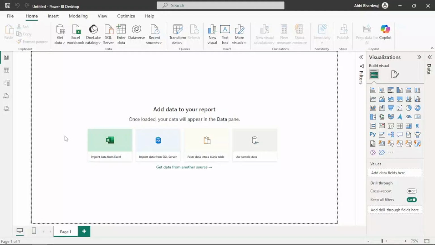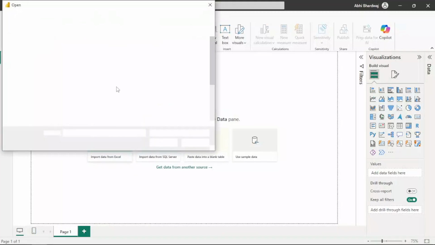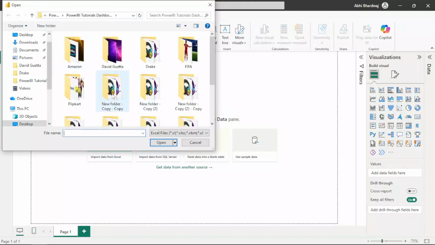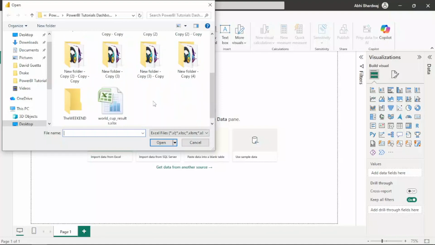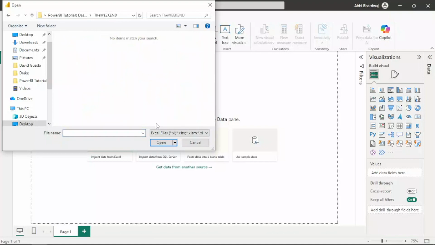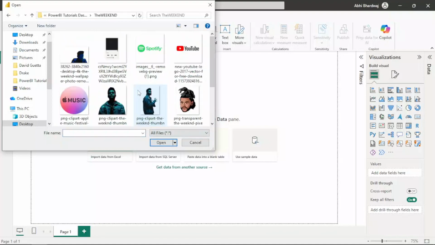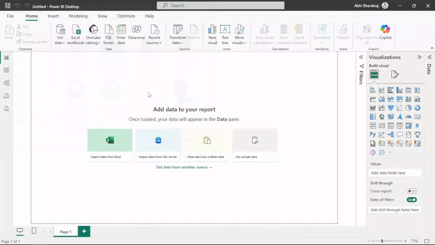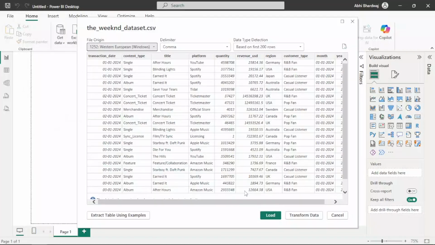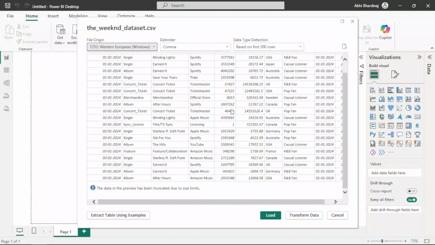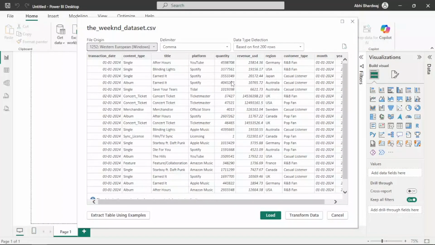So the first thing first, we have to load the data first. Okay, so let's do that. Okay, so the CSV file is being uploaded. Okay, so this is the data which we are going to visualize, and the weekend